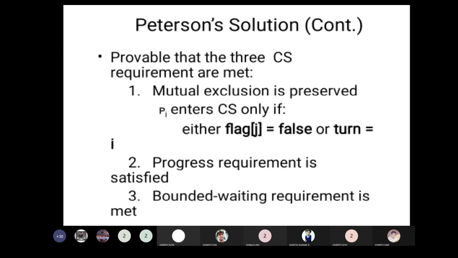The third one, bounded waiting requirement. Either i will be executed or j will be executed. So if i is executed, j will not be waiting for infinite time, or if j is executed, i will not be waiting for infinite time. So obviously the third, bounded waiting requirement, is also satisfied.